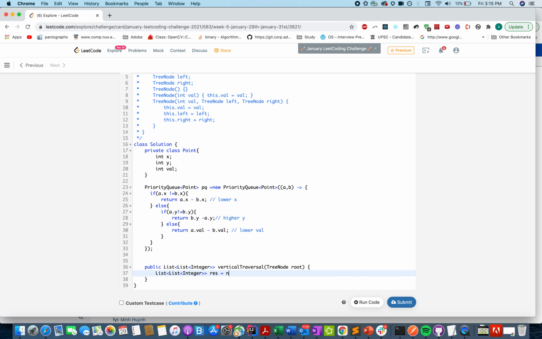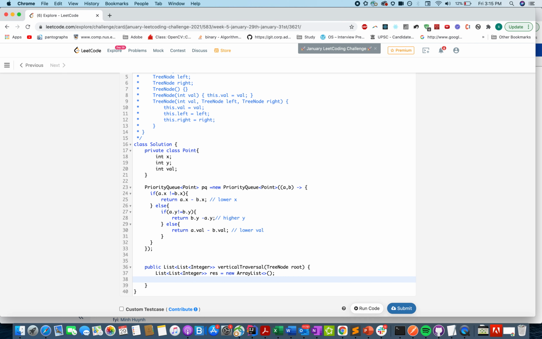Let's define the answer array. Let's call it result, new array list, and let me write a helper method which does a traversal, and within that traversal we'll dump elements into the priority queue. So tree traversal, and let's pass root to it, and the starting x coordinate and y coordinate, and define the private method.